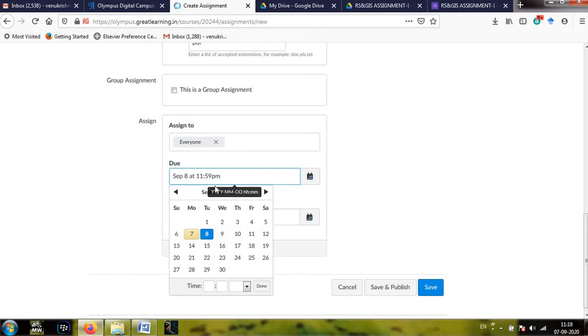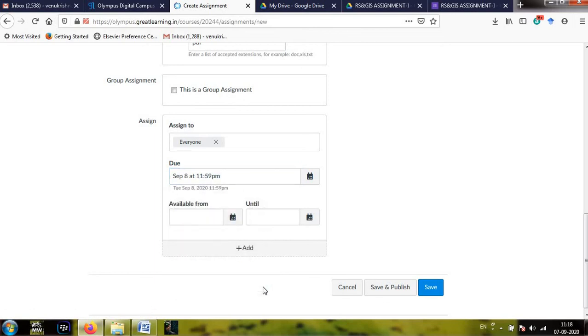It will automatically select a time of 11:59 p.m., that means midnight of 8th September. If you want to edit, you can edit here. I'm okay with this time, so I'm allowing that time.